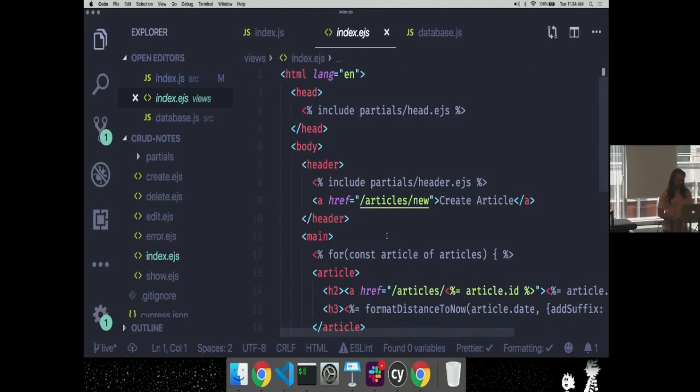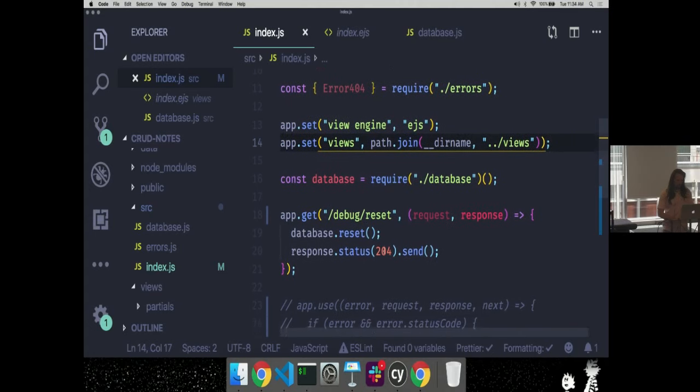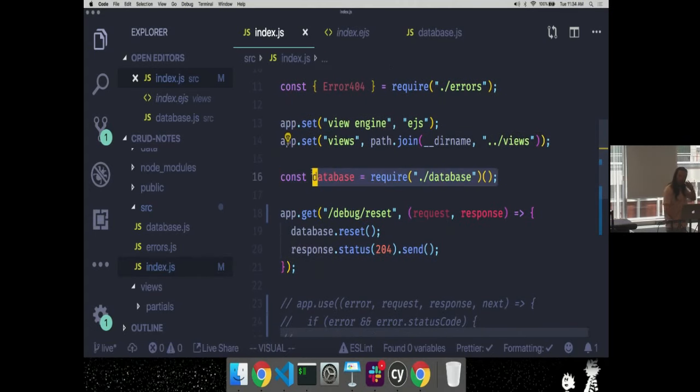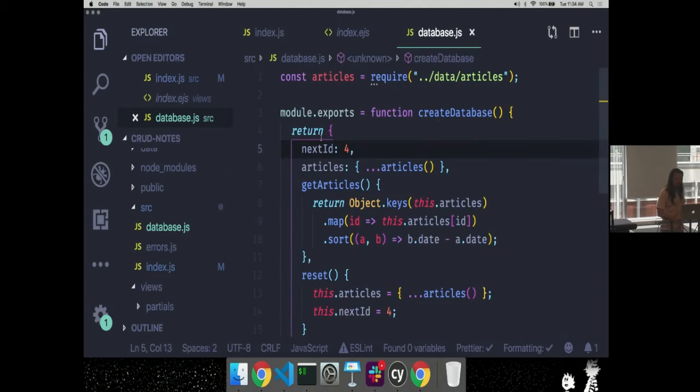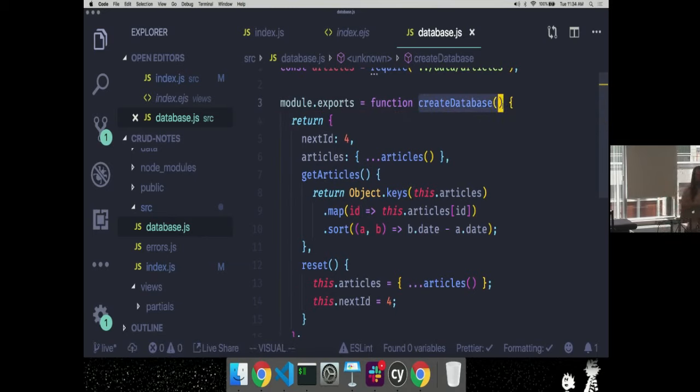They're just pretty standard. And then in here, I set up my database. So this is very similar to what you've done in TinyApp because it's just an object that holds data in a nice organized way for me. That file is here. This file exports a function called create database. It's something I can call whenever I want. And what this does is it returns an object that has my next ID, for example.